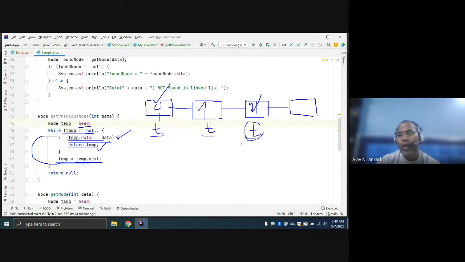But I don't want to return this node. I want to return the previous node. So we make one other variable that first points to here. When the temp variable moves to here, this one doesn't move. And next time when temp moves further, then you move this one to here. That means this variable is always one step behind.